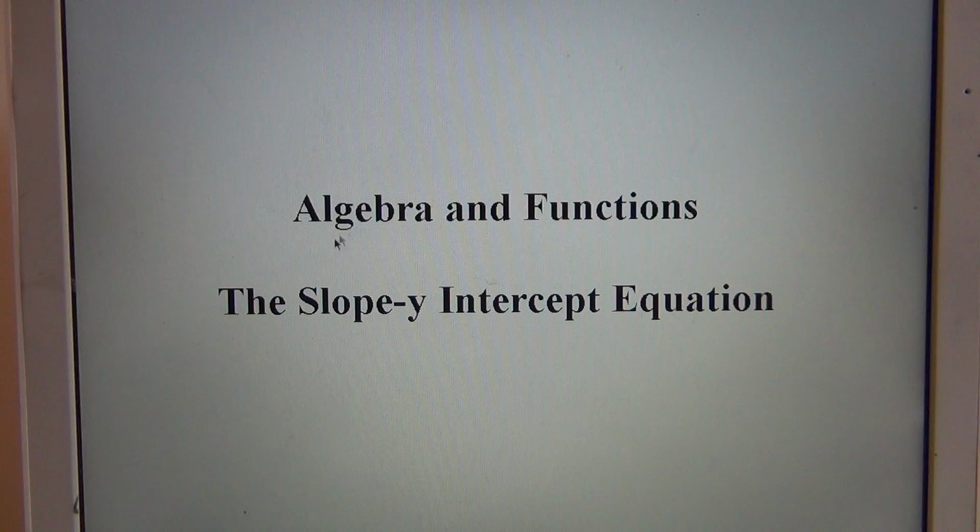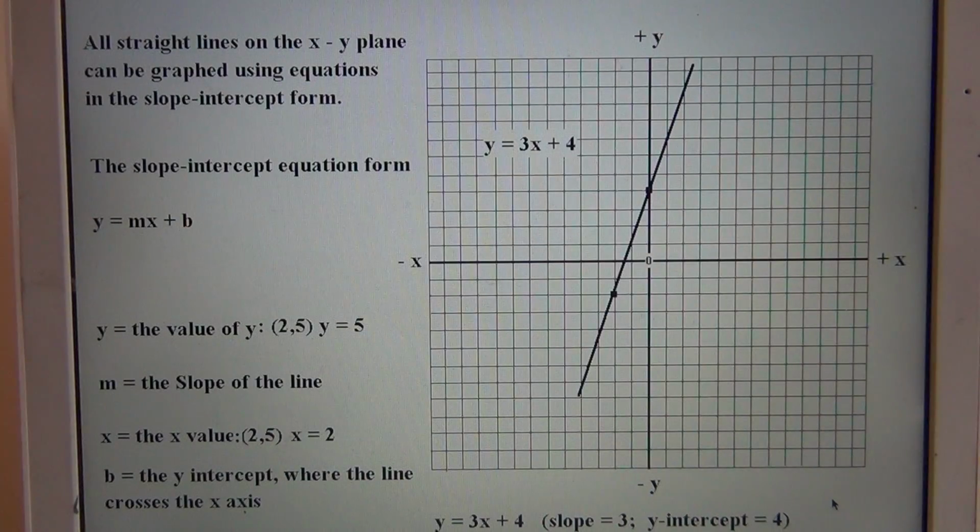We're dealing with the algebra and functions strand, and we have been talking about coordinate planes and lines and slopes. This lesson is going to deal with the slope-intercept equation, and I'll explain that to you. We'll take a look here. Okay, now, all straight lines